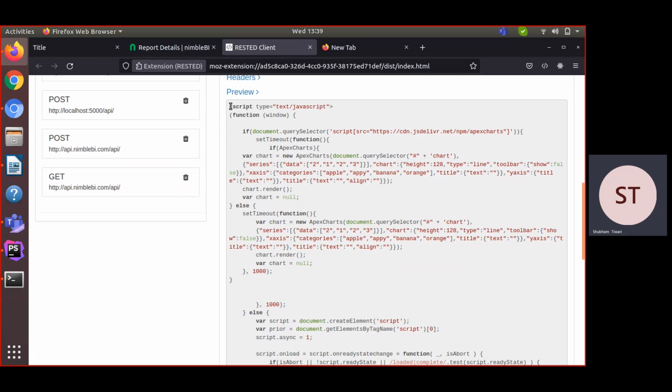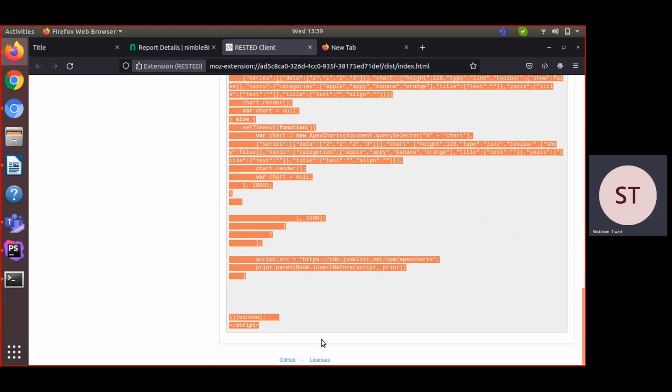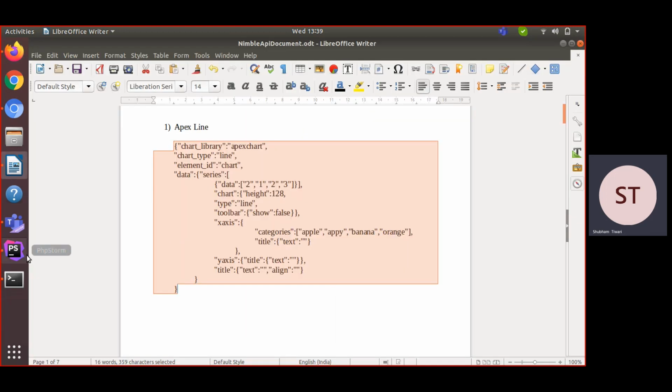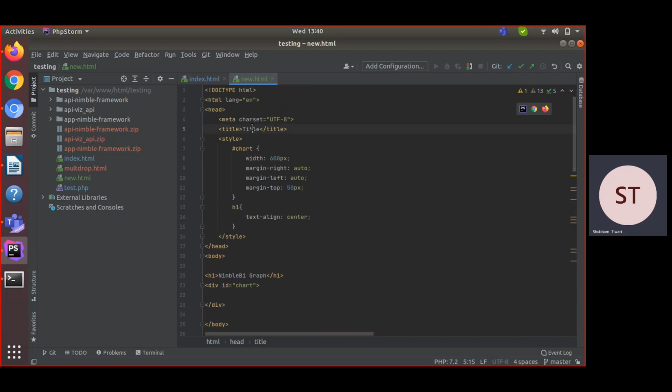I will copy it from here, and for this testing I already created a simple HTML page. You can see it's here, Nimble BI graph. I will change this also, so Nimble BI graph.